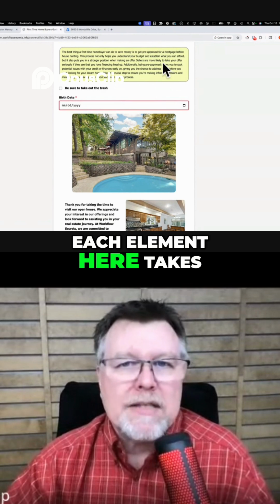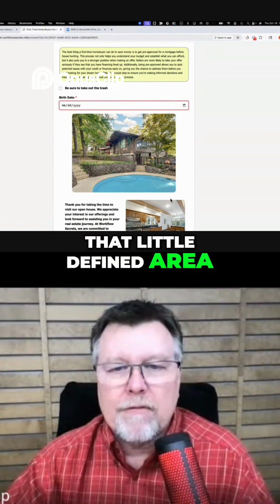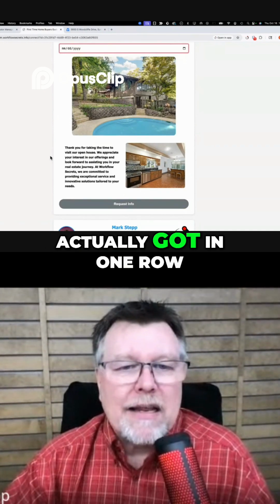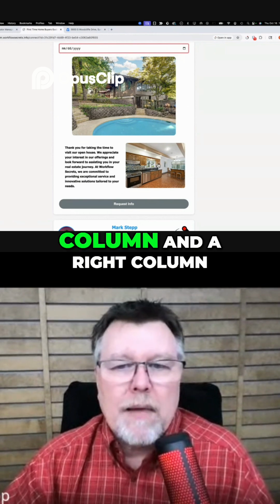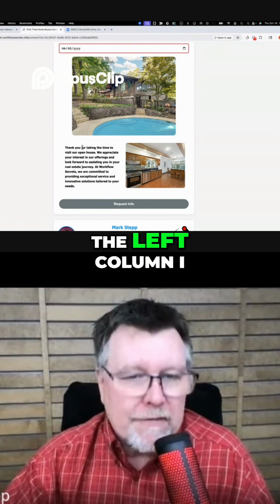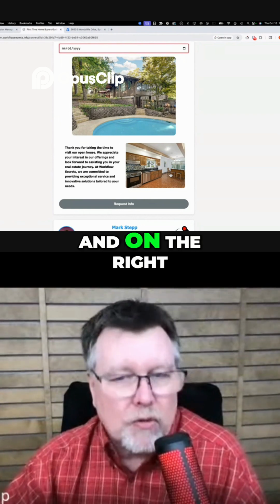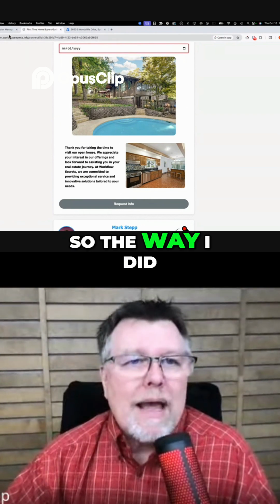Each element here takes up the full length of that little defined area for the landing page piece. In this case, in one row, it's got two columns, a left column and a right column. In the left column, I put a text-only object, and in the right column, I put an image object. So the way I did that